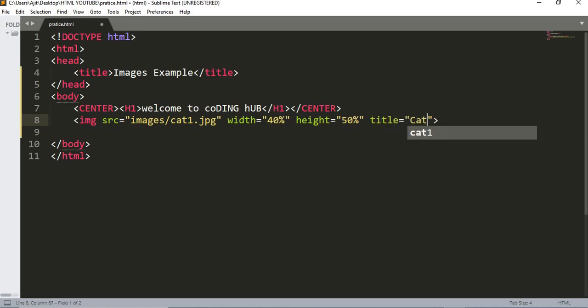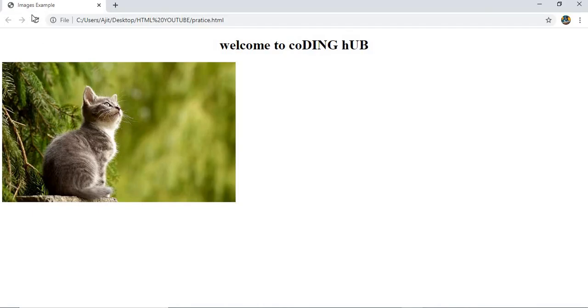So I can give the title cat image. Okay, cat image, not images. Control S and check it. Save it. See, whenever I am hovering, it is showing cat image.